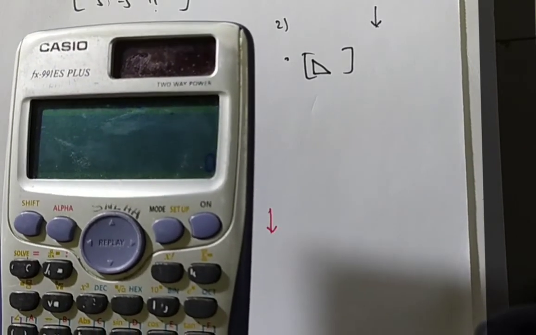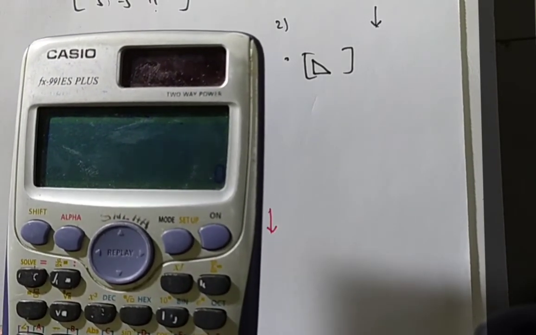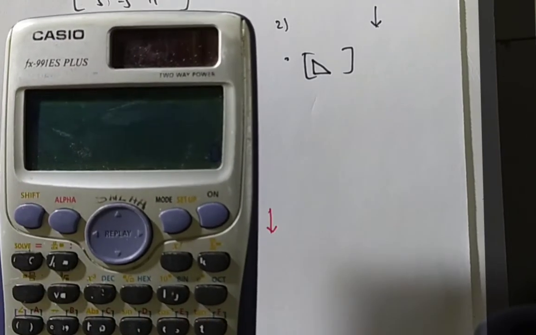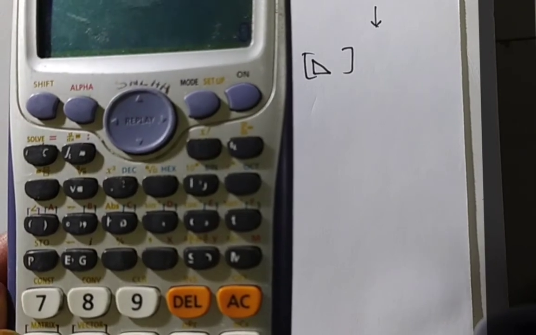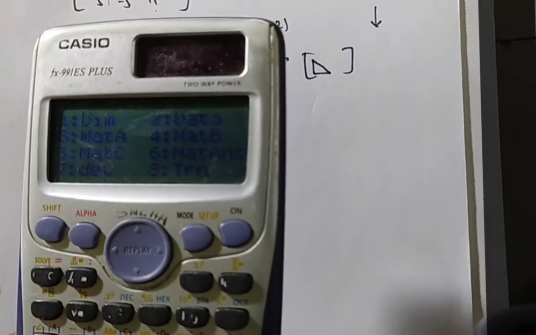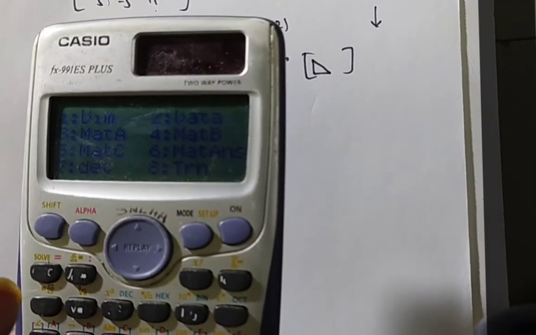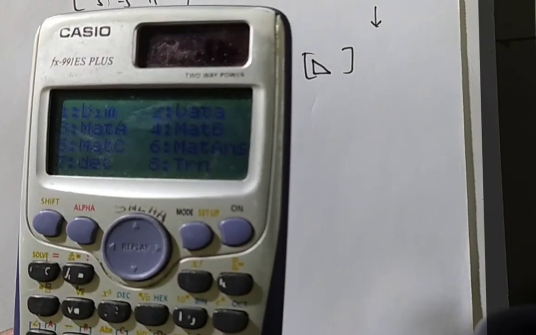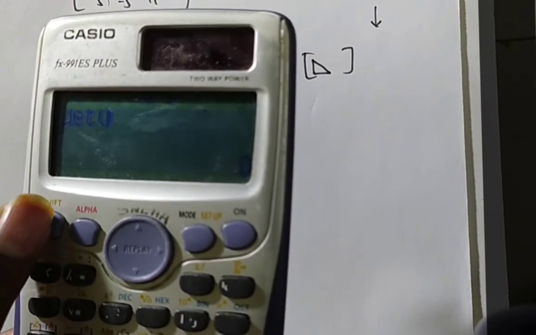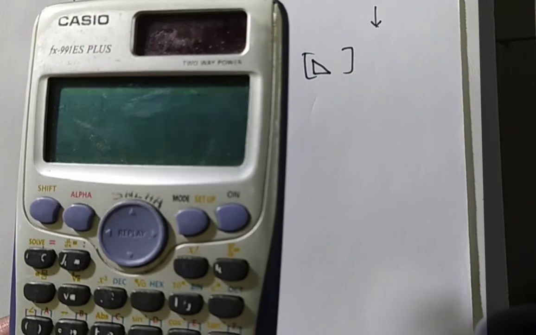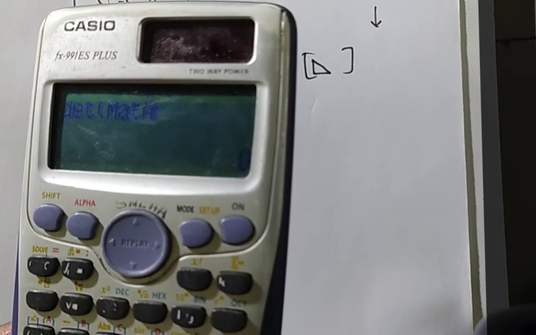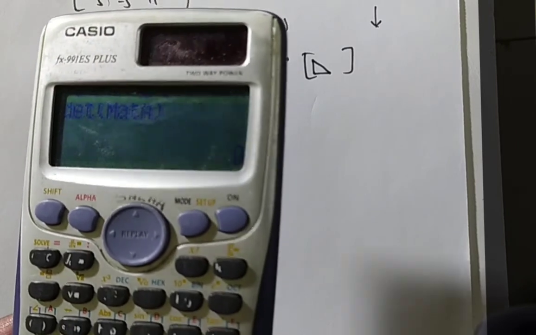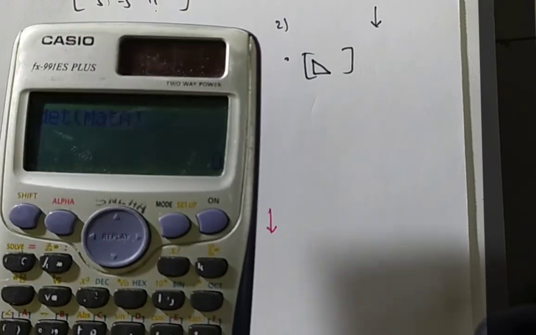Now you see, you have to go for matrix mode because we have to find out the determinant. For that, shift 4. Here you see, on top of the 4 you have matrix, so press shift 4. Now we are in matrix mode. We need to find out the determinant. For that, press the 7 button. Next, determinant of mat A we want, so again shift 4. Now mat A we want, so press 3. Now determinant of mat A is equal to, you see what you have, 0. So det A is equal to 0.